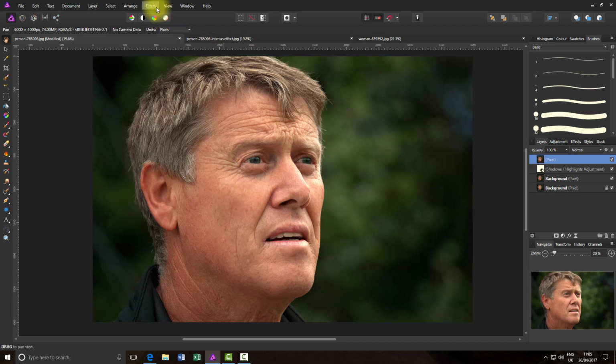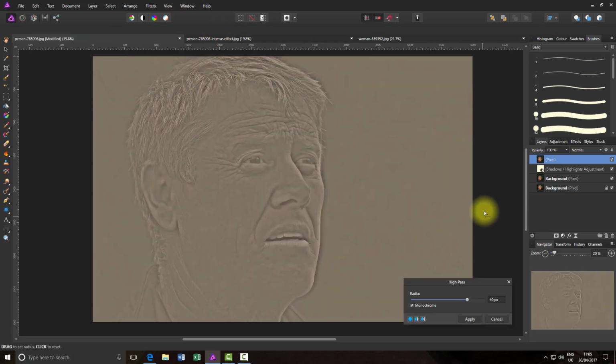And to this layer I'm going to add a filter, and I'm going to come to sharpen and high pass. Now in the original written tutorial they use the unsharp mask, which I did try, but I really couldn't see any major effect happening, so I went for the high pass option because I personally could see a difference. You may want to stick with the unsharp mask option. So I bumped the high pass up to 40 pixels and had a tick in monochrome, and then just click apply,